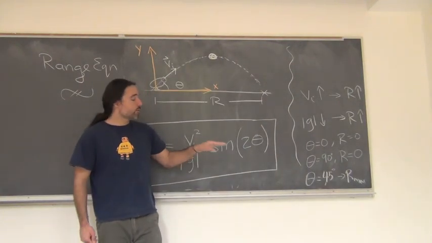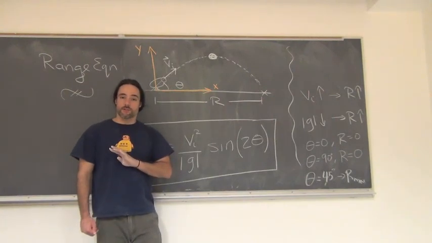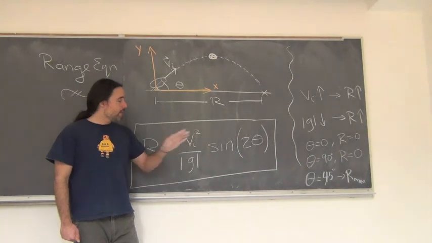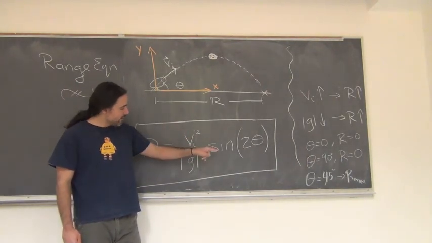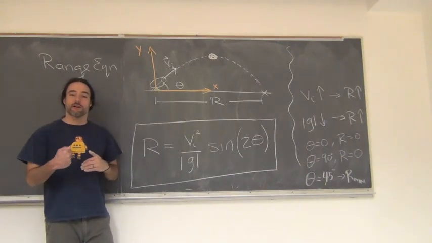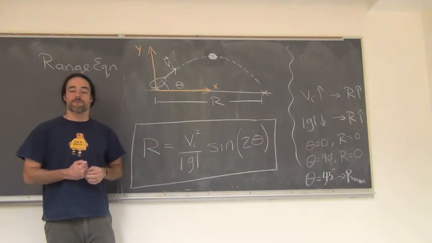So if we go to 45 degrees, this is in the absence of air resistance. With air resistance, there are other forces that make it a bit more complicated. But in the absence of air resistance, we can see clearly from this equation that a 45-degree angle is the best angle to fire at because that gives us the biggest possible value for the sine in the